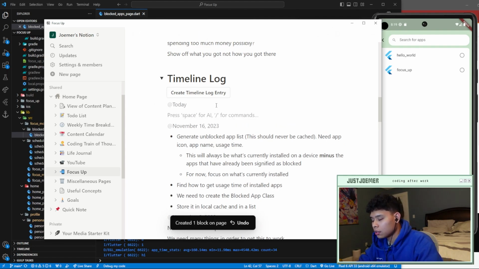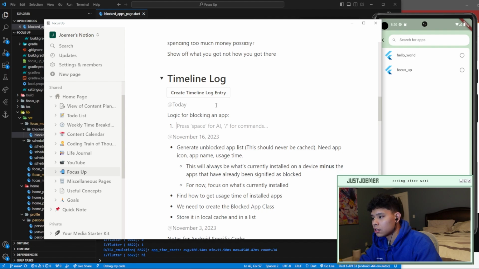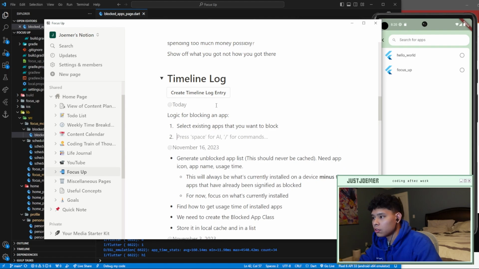So let's just say, logic for blocking an app. 1, select apps, select existing apps that you want to block. 2, keep track of what apps are currently